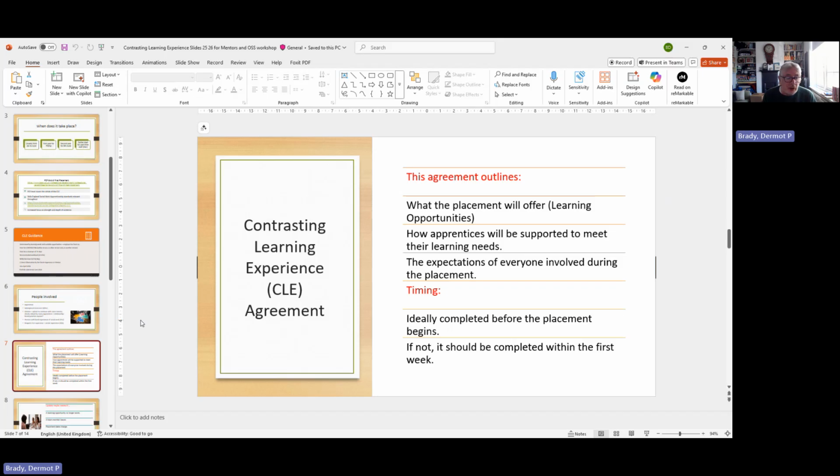Are there things that they learned, for example, in the first year or the first term of study, that have come to light that we need to kind of ensure, sometimes in terms of reasonable adjustments, or sometimes kind of a bit broader things about how the apprentices might best learn, things of that nature. So you think about what support does this particular apprentice require, and of course, we will be talking about supervision